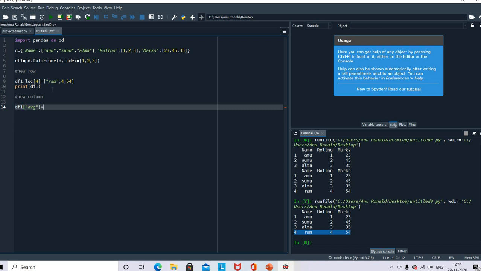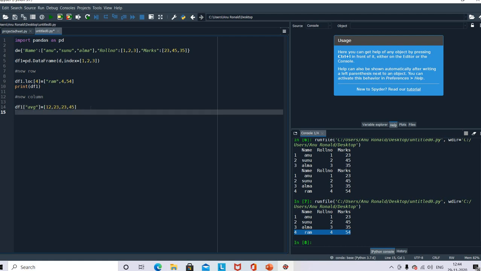How many values do I have to add here? For all rows you need values. So you will specify the values again as a list of elements. I'm just writing some values, 12, 23, and so on. I have 4 rows, so I'll put 4 values in that column,